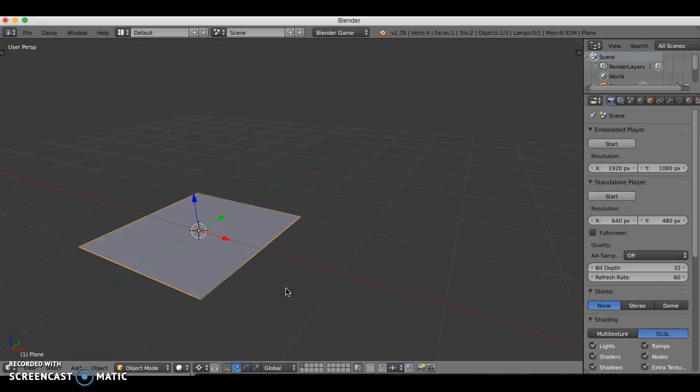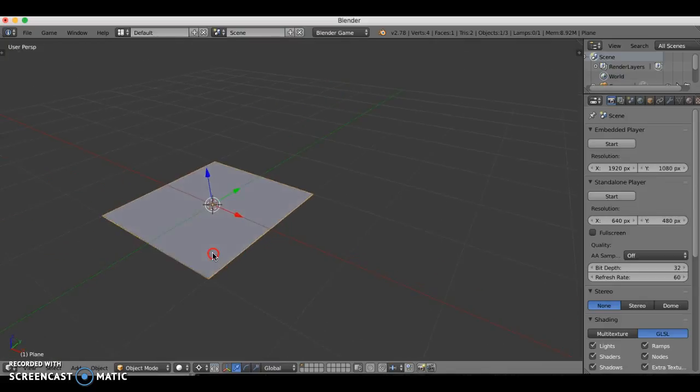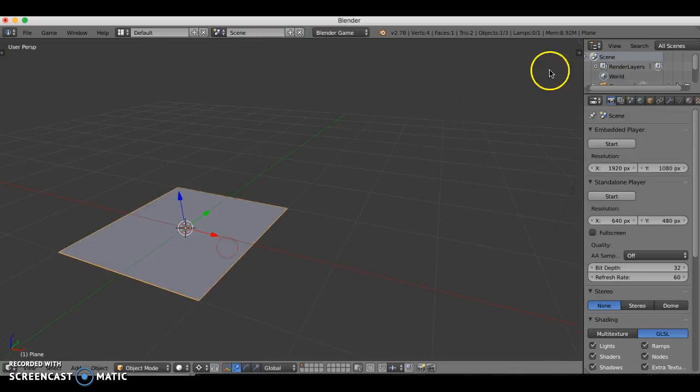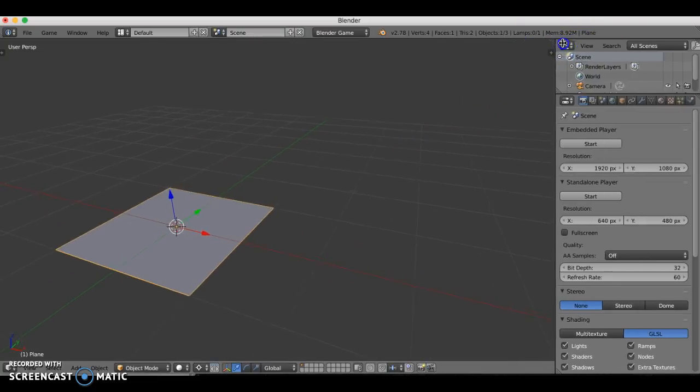In this video tutorial, I'm going to show you very simply how to take a plane and use it with an existing tile set. The tile set that I'm using today is a Minecraft style tile set. It's not one that I created, but you could certainly use the same technique with one that you create. So I'm going to start off with a plane, and I'm going to split my window